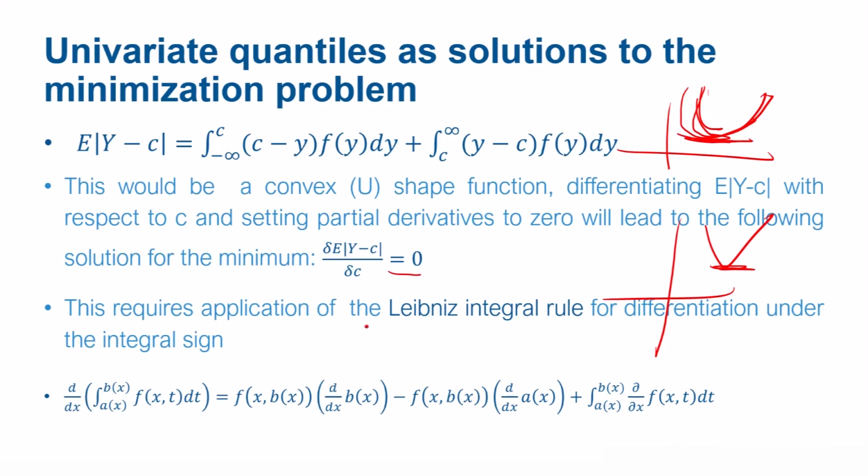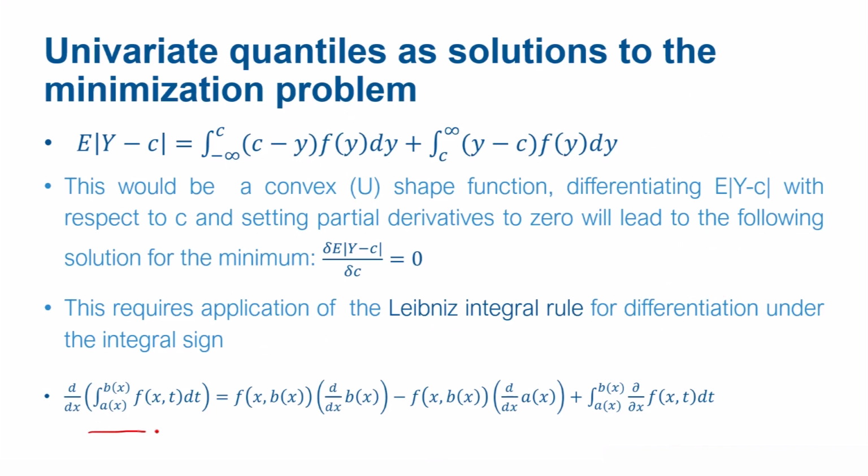Now this requires application of the Leibniz integral rule for differentiation under the integral sign. There is an integral sign, and we are looking at the first term first. So let's look at this Leibniz rule and try to match it term by term. Here the limit is from minus infinity to c and we are differentiating with respect to c. First and foremost, look at this expression. Here t is like y, so you can think of this dt as dy. And this function f_y, which is your probability density function,